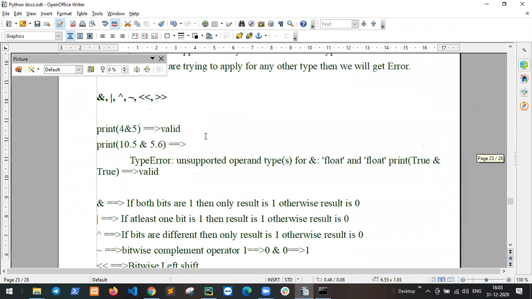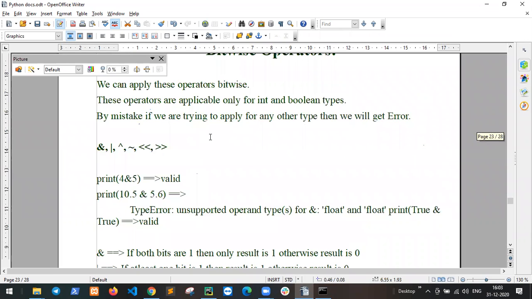Mathematical means bitwise operators work in the form of 0s and 1s: AND, OR, XOR. You already know these. If you are a BTech student, you already learned this. Krishna and Fayaz, you also know BTech? I'm not in BTech, sir, I'm an MCA student. Okay, MCA student.